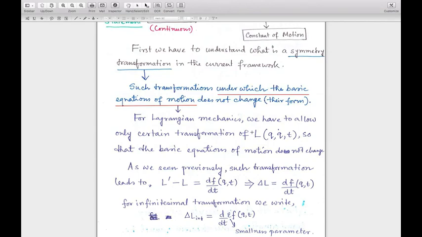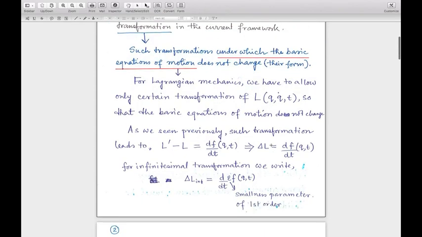otherwise, in an alternative way, if we define a symmetry transformation of the Lagrangian of a system, then if the symmetry transformation is a continuous symmetry transformation, that means we define an infinitesimal symmetry operation for this transformation, then there will be a conserved quantity or constant of motion corresponding to that symmetry operation. That's it.